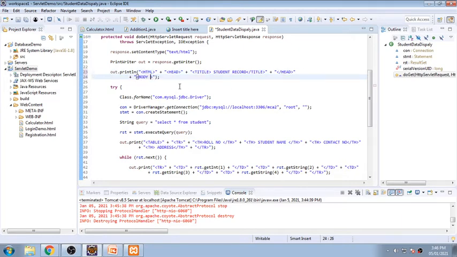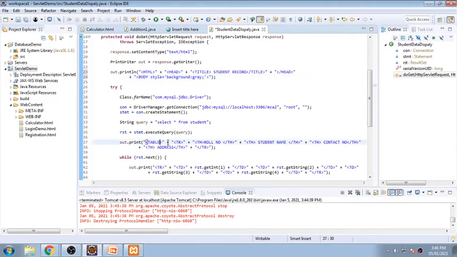So in body, style equal to, then whenever you are writing a style, you have to give an equal to sign, two quotes, and you write your style like this. I want to give a background for my page, so background colon gray. And I need to put a semicolon. So this is my style sheet. This is the way of giving an inline style sheet over here.